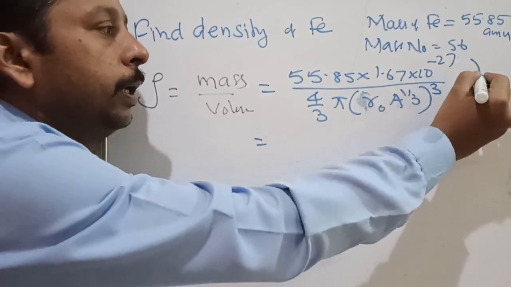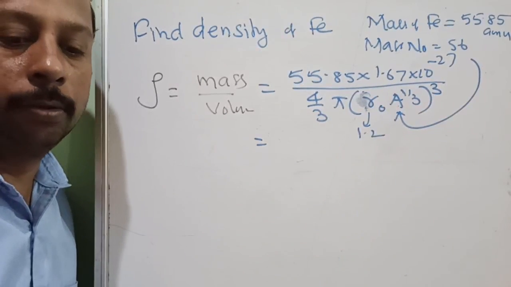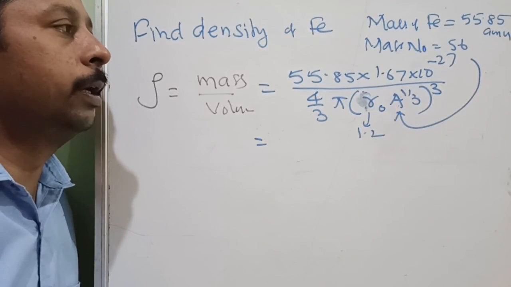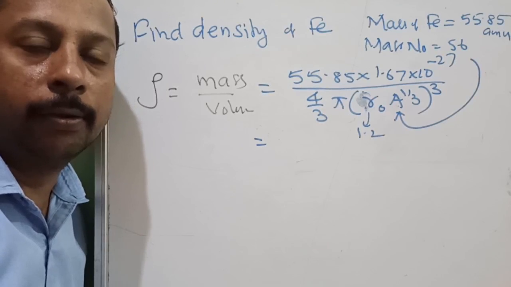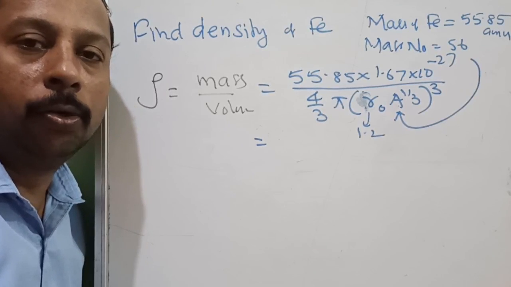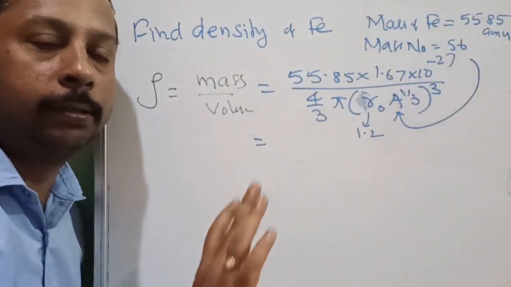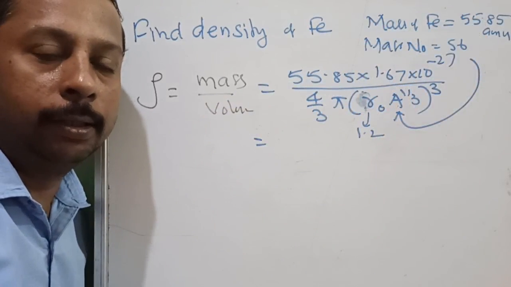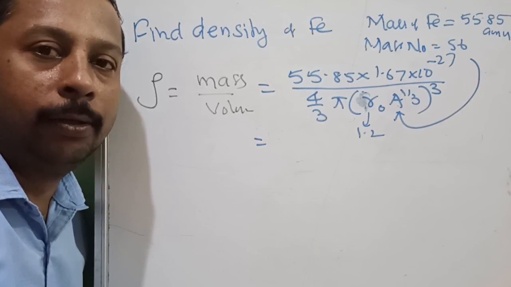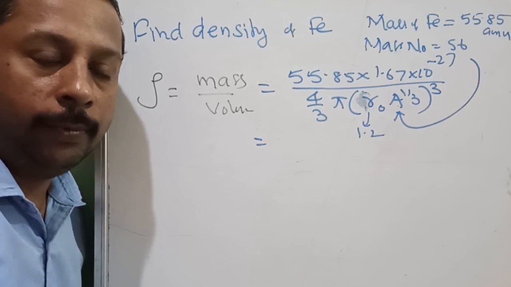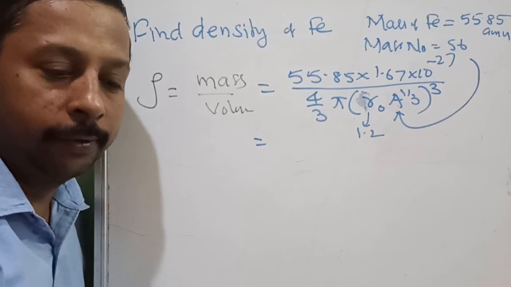Now here in this place I will write 56. R0 how much will I write? 1.2. Is it understood? On simplifying this I will get the actual value. And nowadays days are very bad. They want how much accuracy? They want 2 decimal place accuracy. So if you neglect and round both of them, your answer is going to be out of the range. Once your answer is out of the range, you will be out of your home. They will tell you, why I have taught you with the best teacher, but still you are not able to cope up. Okay, so small information is very necessary.